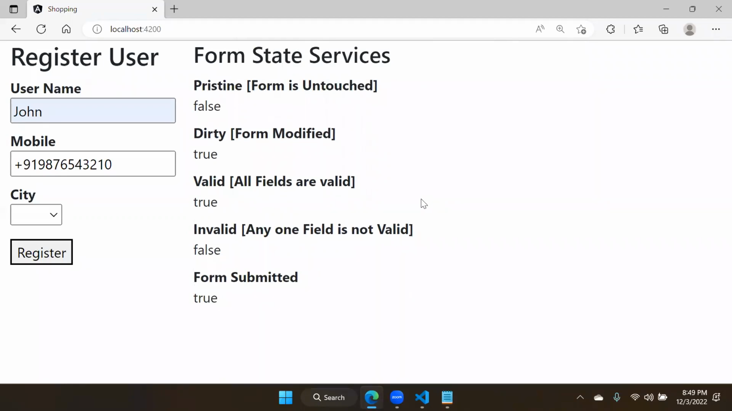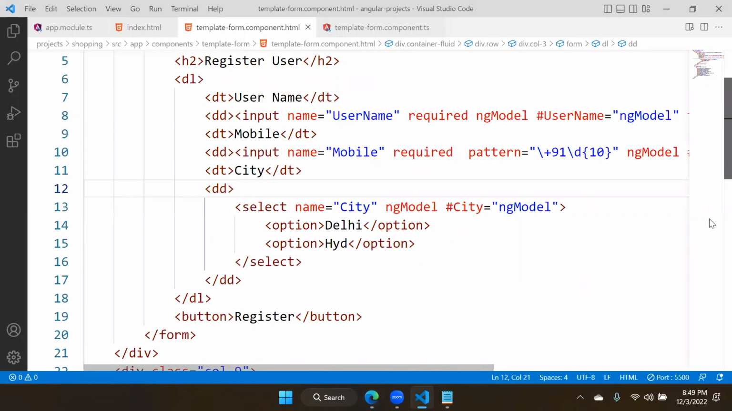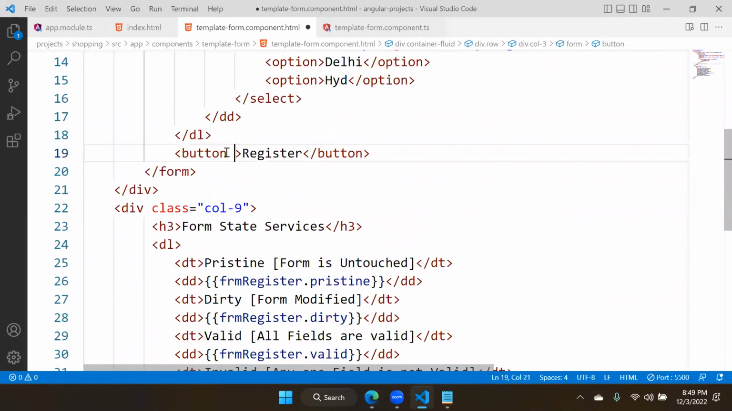These are all important. Actually, why did you learn all these? To understand how to implement. Now tell me how to enable the register button only when it is valid. The register button should not work until all the fields are valid. Tell me how to do that. That's very simple. For the button, we have to put a property called, what is the property? Disabled. Am I right? The disabled property is true or false depending on FRM register